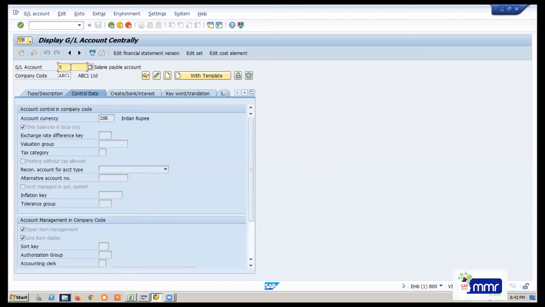Once you posted for July 11,000 with outstanding and cleared it, then when you are in the August month and post some transaction, that will come as an open item. So these settings will never change until you change them. You do have an option to change it, but you should not, because the system won't do it automatically unless we do it manually. That is not good practice, so this has to be an open item only.